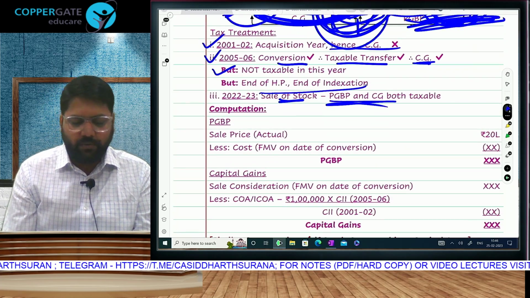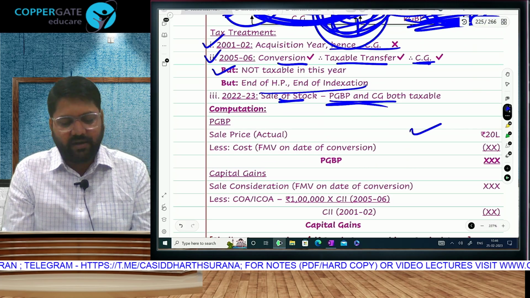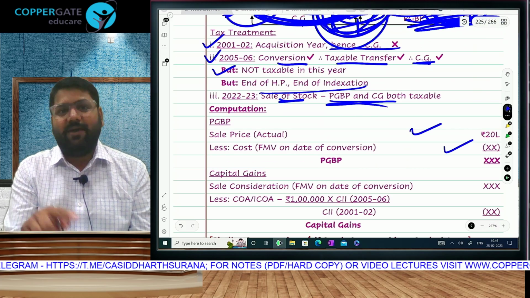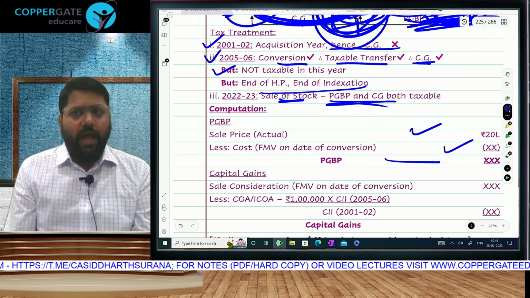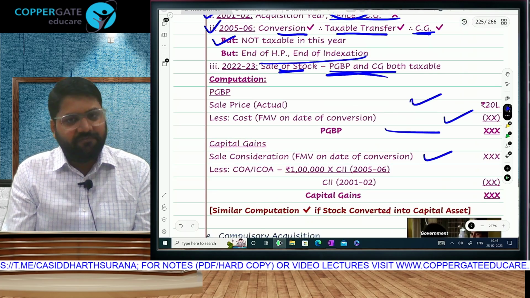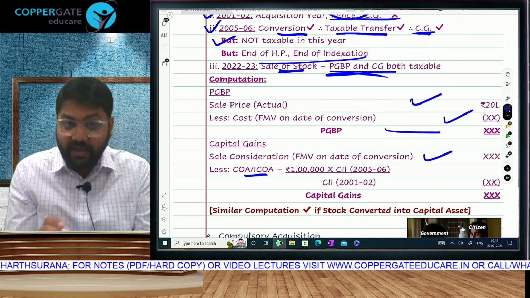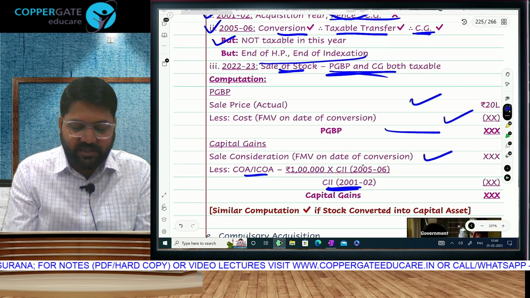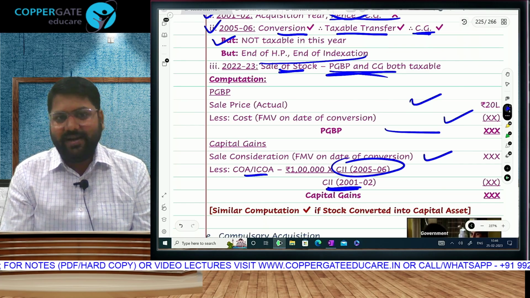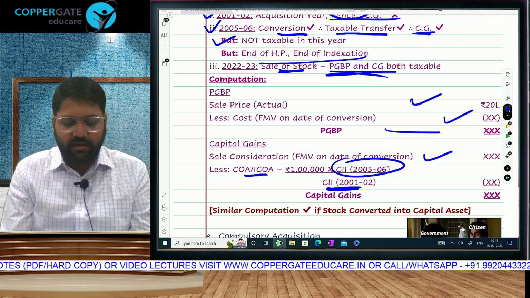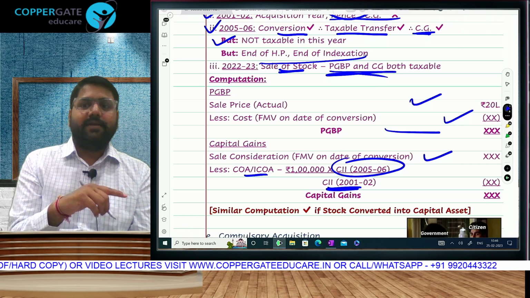How are we going to compute the business income? Actual selling price in 22-23, and cost price will be the FMV as I discussed, that will be PGBP. And what is going to be your capital gain? The FMV on the date of conversion minus the original cost when you had purchased, it was a capital asset. Be careful, indexation will be from the purchase year till the date of conversion. Indexation and holding period will stop in the year of conversion,